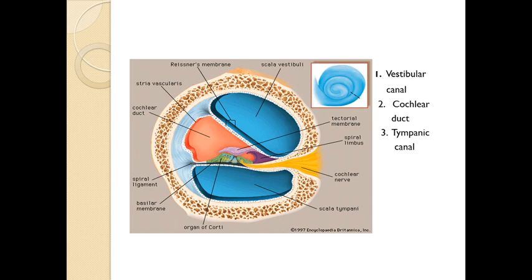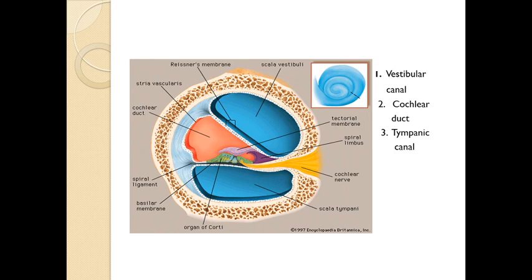And as we can see, the upper and the lower portions are two portions of the same thing. That is, they are two portions of that gap between the membranous labyrinth and the bony labyrinth, which is filled with perilymph. The upper portion is the vestibular canal and the lower portion is the tympanic canal. So the vestibular canal and tympanic canal are filled with perilymph, while the cochlear duct, being a part of the membranous labyrinth, is filled with endolymph.